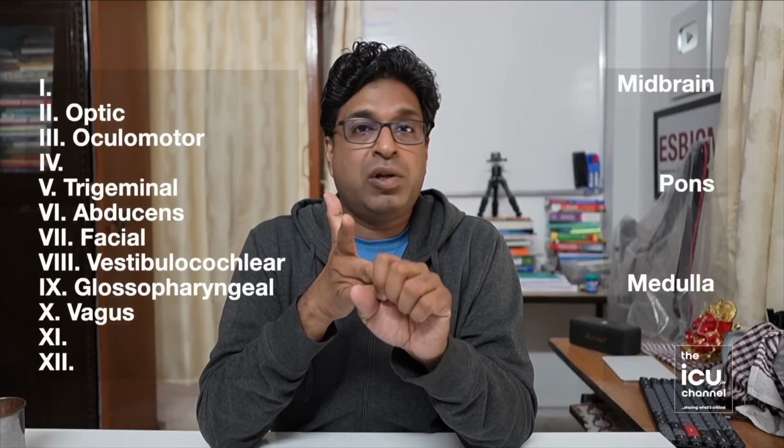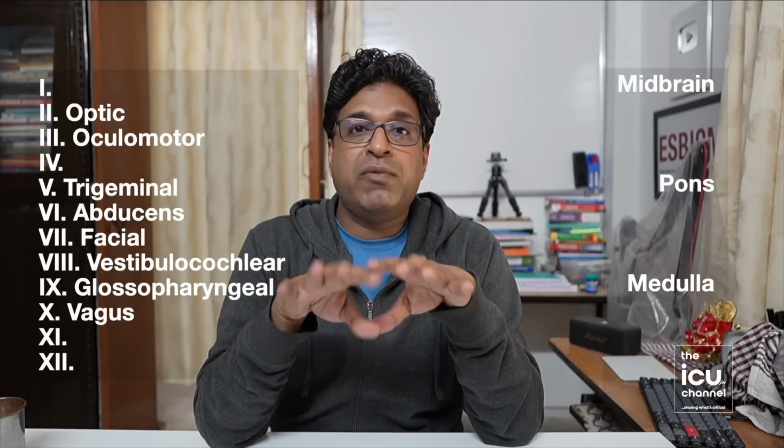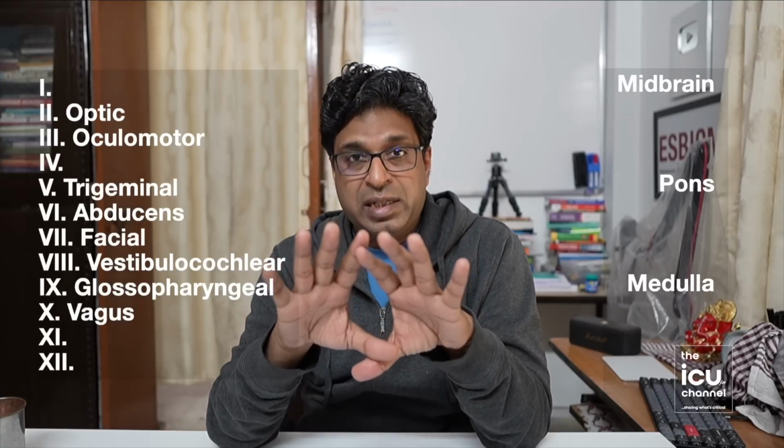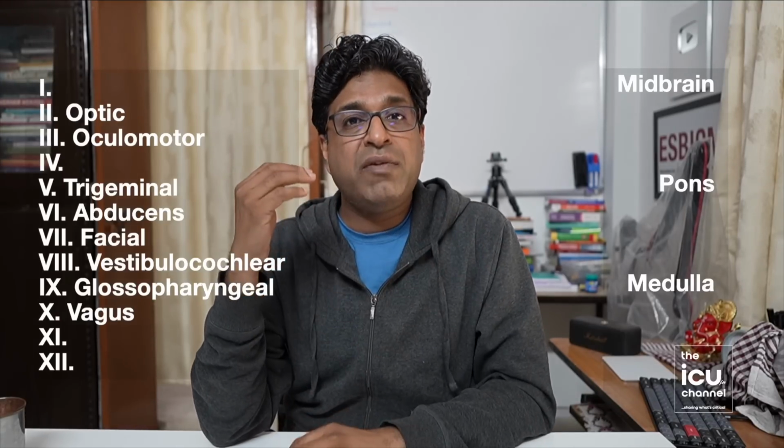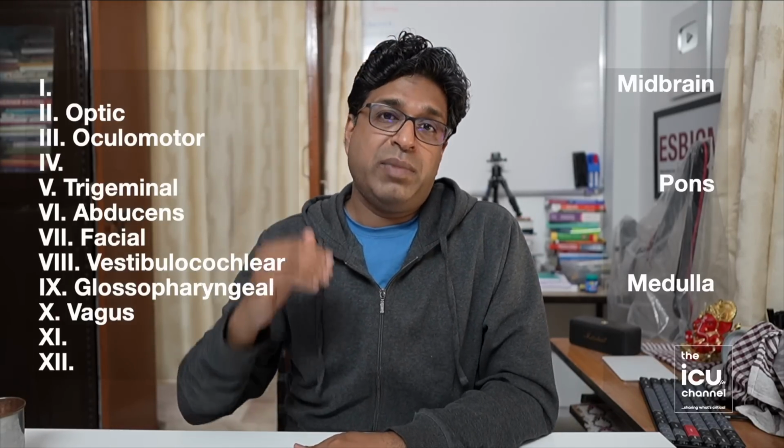And 11th, 12th will not be tested. So out of 12, we are only able to test 8 cranial nerves. And we have tested midbrain, pons and medulla. So this is the way we check all the cranial nerves, and via them the functions of the brainstem. So you need to know which cranial nerve is taking signal where,